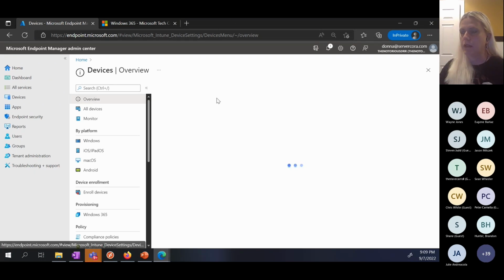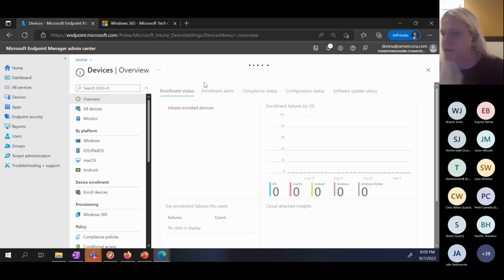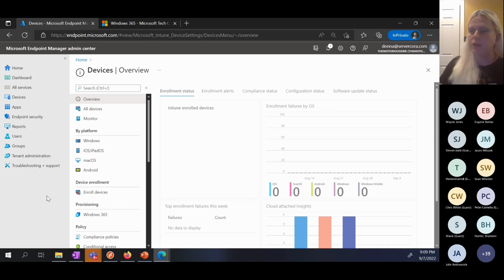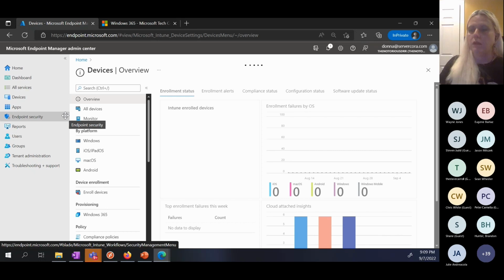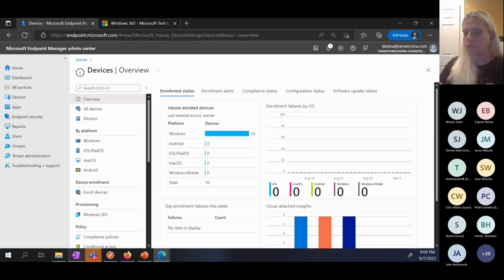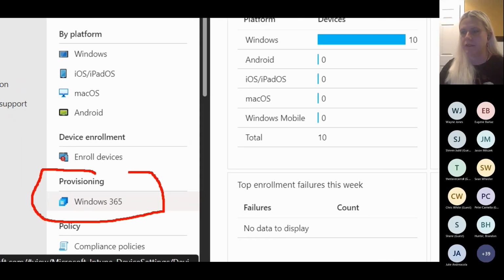Okay. So the connection where I am at is not necessarily the absolute greatest, so there might be a little bit of internet lag, but it should still be tolerable. And so if you're familiar with Intune, this should look really familiar. There is a section down here, Windows 365.